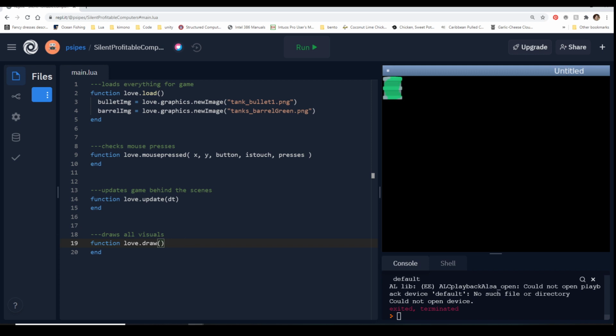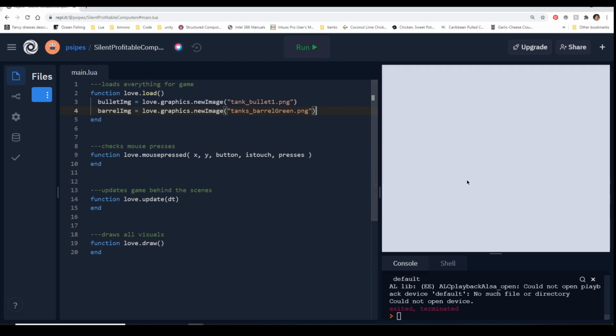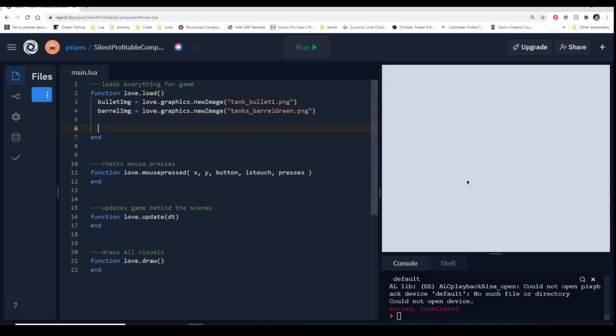So the first thing we're going to do, now that we have this done, is add a few more variables. There are a lot of different ways to do this, and if you look up tutorials, as I'm sure most of you will, you'll see lots of different ways and opinions.